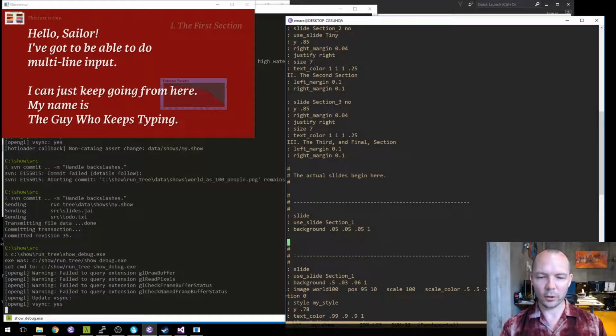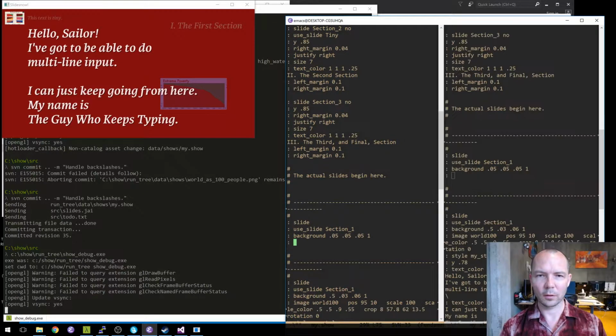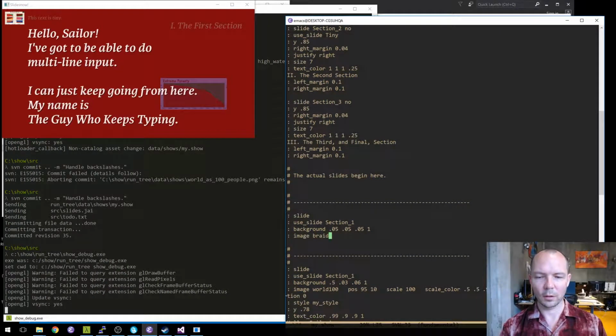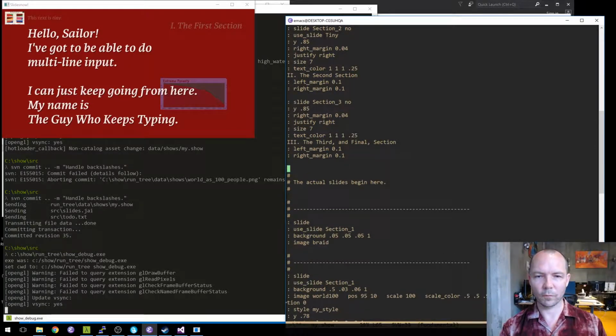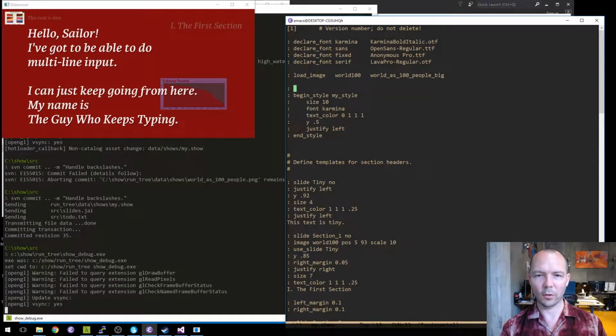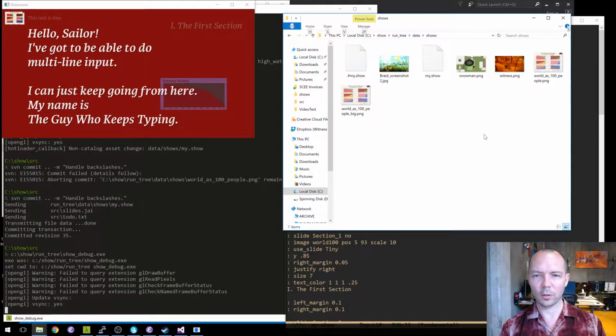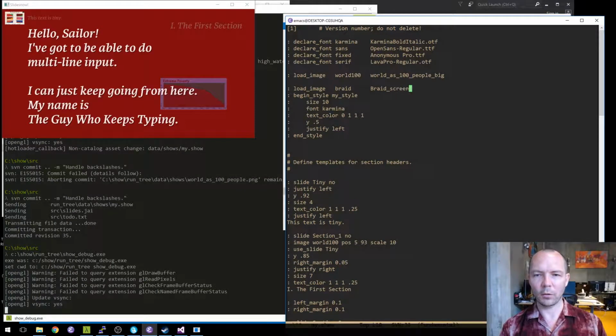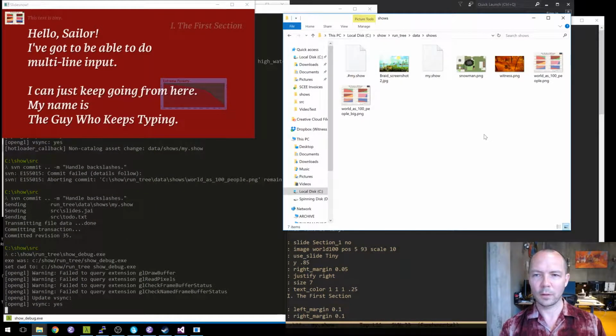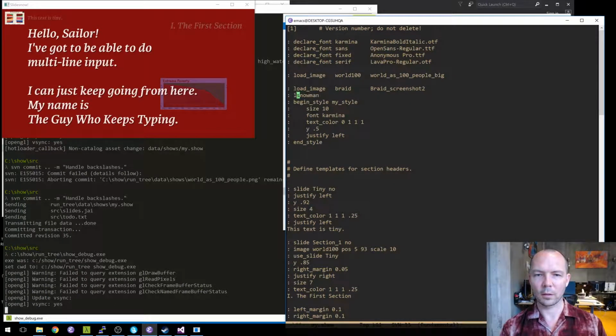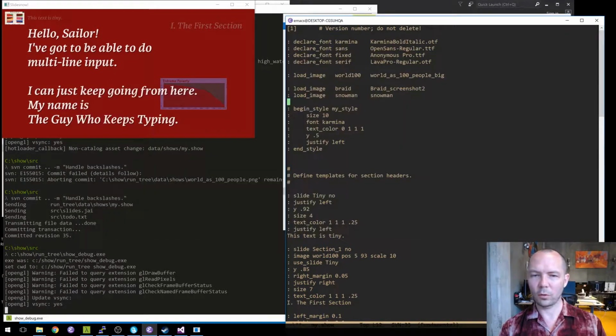It's a very dark color, and then I've got to load my images. Grade is called grade screenshot 2, and snowman is called snowman, and witness is called witness.